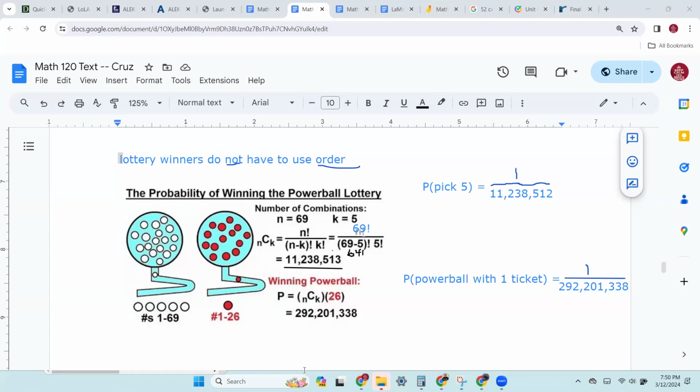And then if I do that with the calculator, just to show you how small that is,